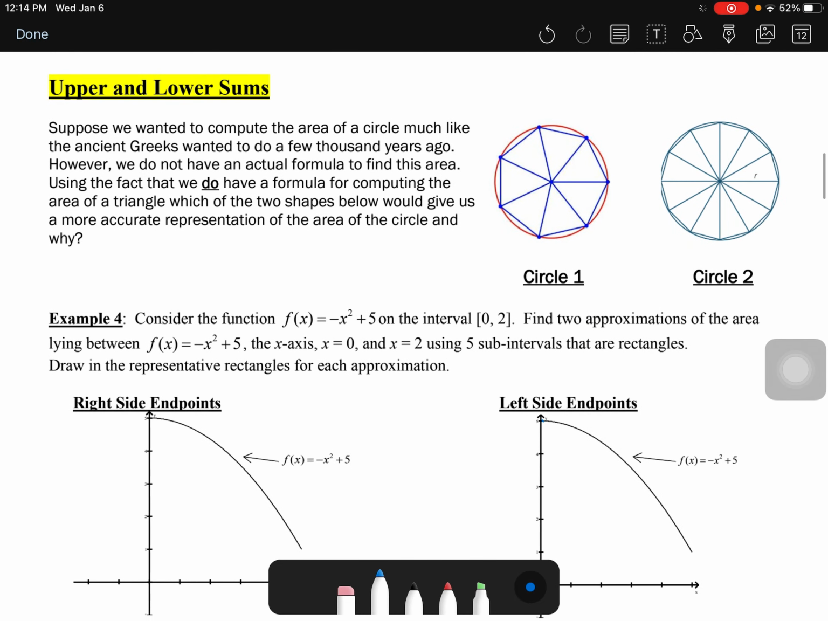Okay, we are going to get a little introduction into, and this is kind of the main part of what we want to accomplish here, doing some upper and lower sums with some right side endpoint rectangles and left side endpoint rectangles. Okay, so the idea here, it says, suppose we wanted to compute the area of a circle much like the ancient Greeks wanted to do a few thousand years ago. However, we do not have the actual formula. We know that the area of a circle is pi r squared, but they didn't know that, and they had to figure that out. So the idea here is taking some regular polygons